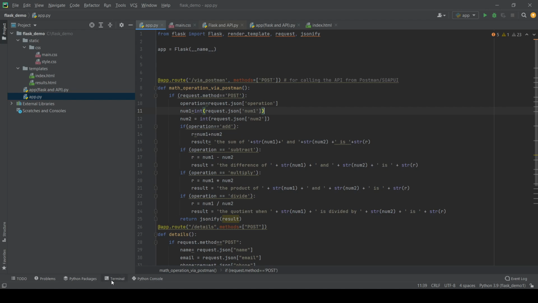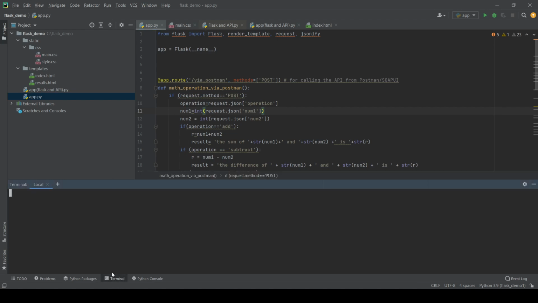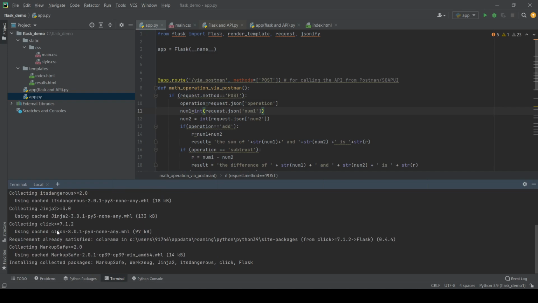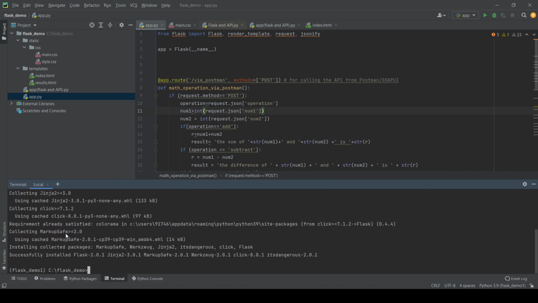Sorry. So I'll have to open the terminal. Here I'll have to write pip install Flask, and press enter. Now it will start installing the Flask module in this particular environment.